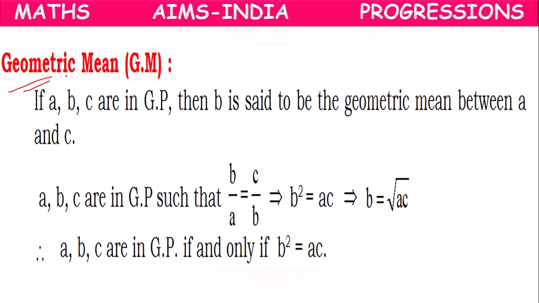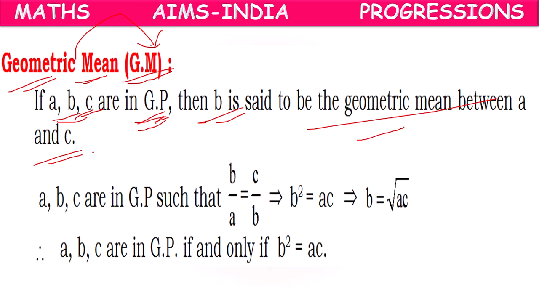So next, children, we have a concept called geometric mean. In short, it is called GM, geometric mean. If A, B, C are in GP, then B is said to be the geometric mean of A and C, such that B by A, the ratio T2 by T1, equals T3 by T2. If these two ratios are equal, if the common ratio is equal, then B is said to be the geometric mean of A and C,